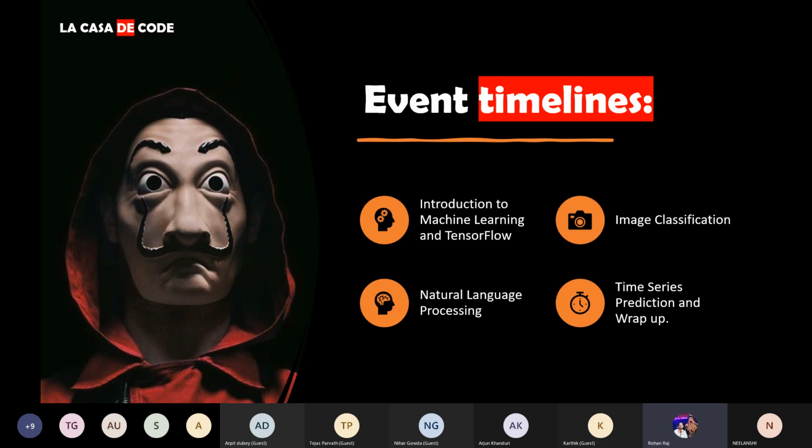Then in the second week, we'll have image classification: how do we make computers understand images, how do we help them classify images. It will be all about deep computer vision and how we implement it, also using TensorFlow and Keras. The next week, we'll have a natural language processing event